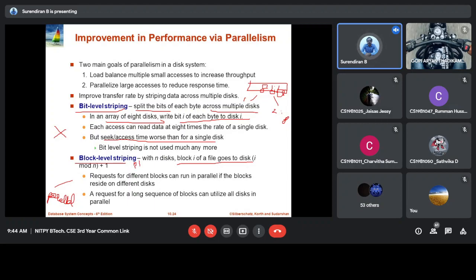Block one may be in disk one, block two in disk two, block three in disk three. In this case, we can read from multiple disks at the same time. They read all the blocks simultaneously, so the access time will be very fast.